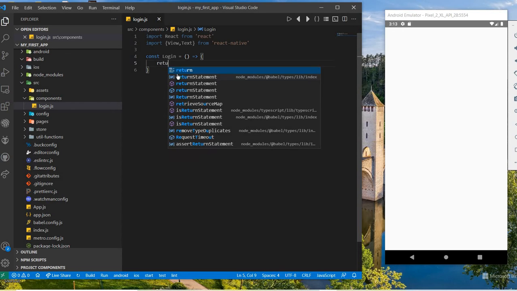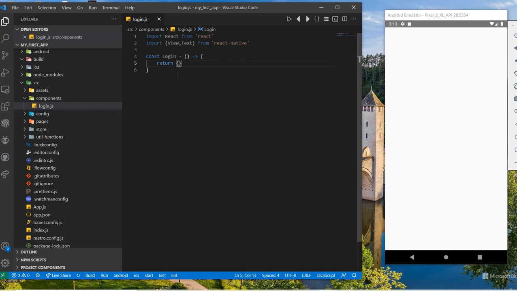And let's return a parent View, and here we will type the child View, login screen is here.